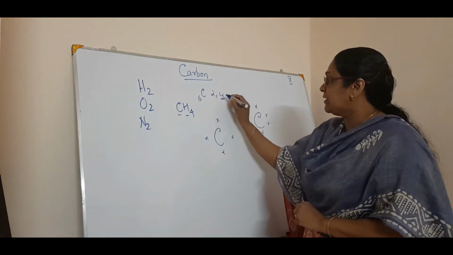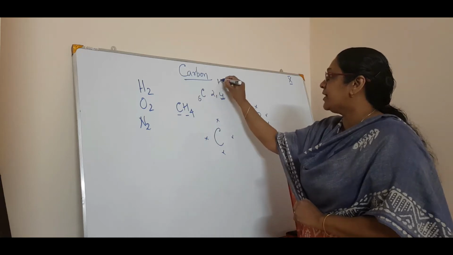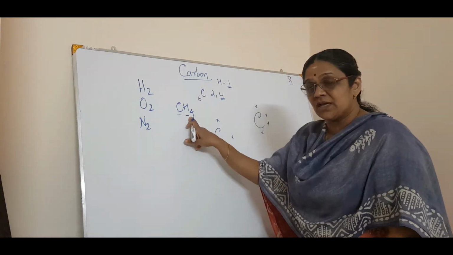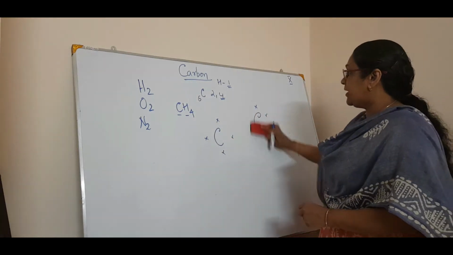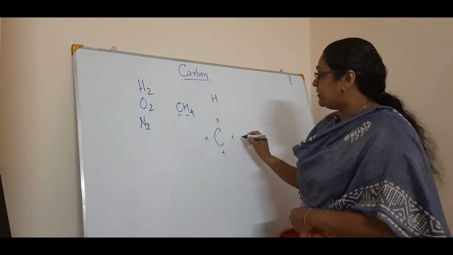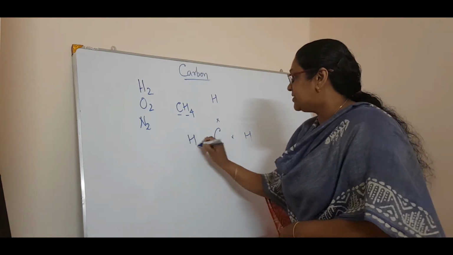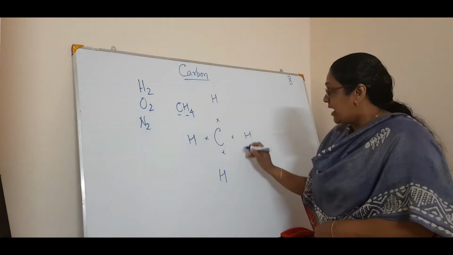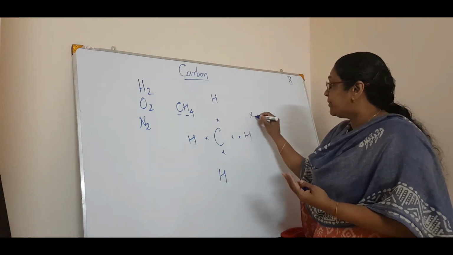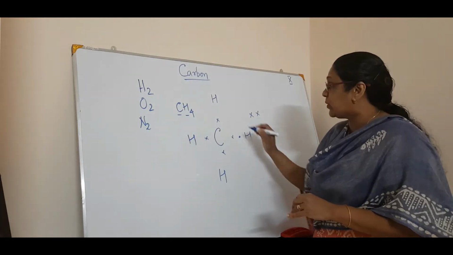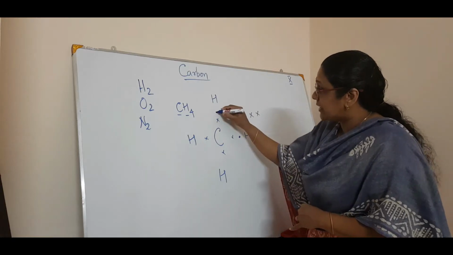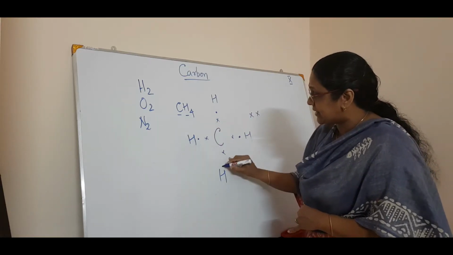Okay, so here then hydrogen is 1, isn't it? For hydrogen, only 1 electron. So how many hydrogens are there? 4. Now how does the sharing happen? See, 4 hydrogens. So 1 hydrogen I will put here, second hydrogen here, third hydrogen here, and fourth hydrogen here. Okay. Now hydrogen has 1 electron. I can denote it as either a dot or simply 1 cross. Either way it is okay. Just to distinguish between the carbon and hydrogen, I am doing this. Now hydrogen is this, and hydrogen is this, and hydrogen is this.